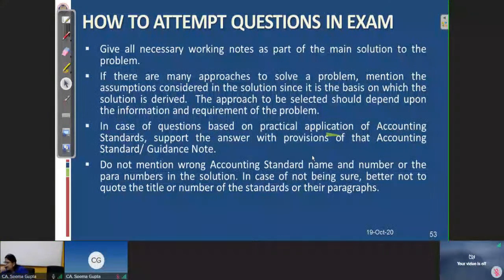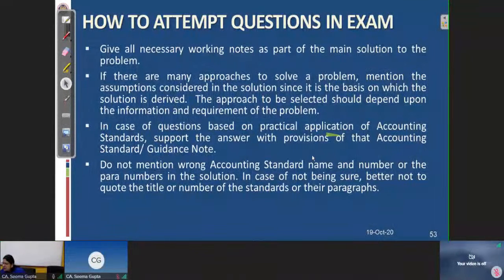Let me see your queries if there are any. One student, Harshit Kumar, is asking me to provide all the questions on his mail. I think you are asking about mock test questions. Mock tests have been uploaded on the BOS Knowledge portal, so I don't think there is any problem. You can download from there. And if you want, I will show you a mail ID at the end of this session. You can note this mail ID and request me for these questions on it. I will give you. No issue.